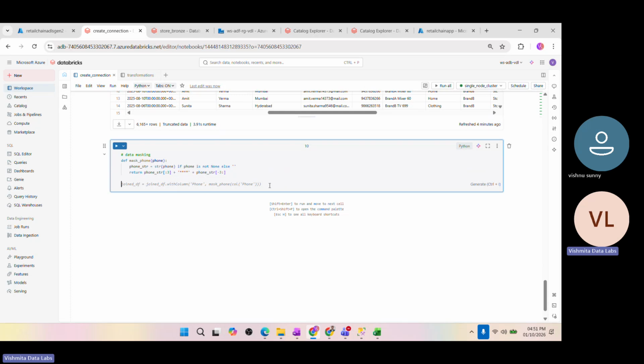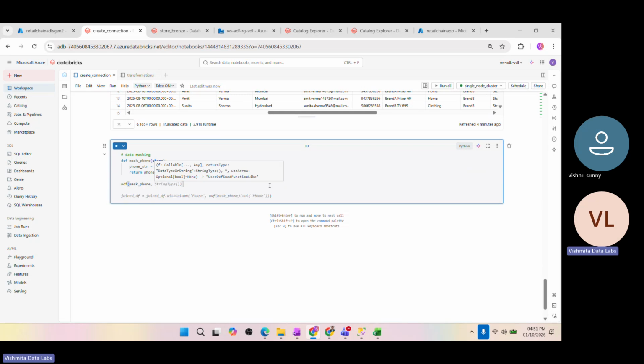Now, we just defined the function. Now we need to call that function as well. So how can we call it? Using UDF. Here we can call that function name. My function name is mask phone. And this will be a type. We need to give the type. So this is my string type,